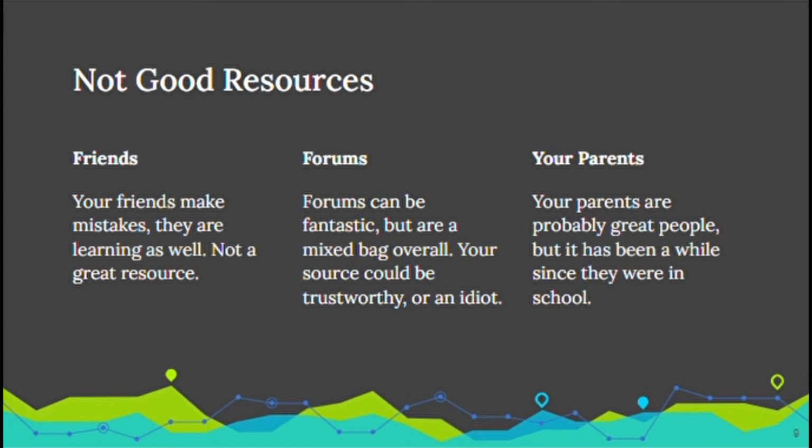So your friends can be a great resource, or they can be a horrible resource. It really just depends. The important thing with your friends is understanding that they are also students. Even if they've taken the class before or finished it, they're still just students. So they are prone to mistakes that some of the other resources might not make. It's just important to remember that your friends can be wrong about stuff, as opposed to your teacher who for the most part is going to be right, and some of the online resources which again are going to be mostly correct.